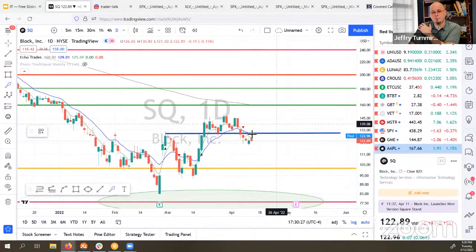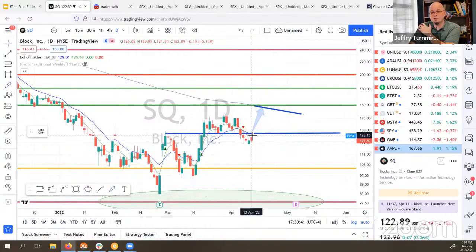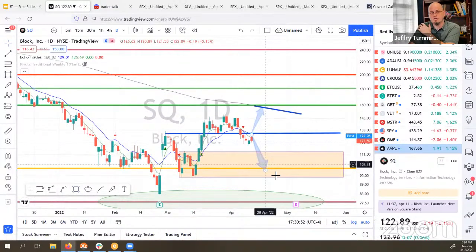If we can get back up through it, a retest of the 144 EMA on the daily, right there around 155, 160 area, somewhere in that neighborhood. If it finds resistance here, then we'll pull out, probably come back to this consolidation we did right here. And if we can't hold that orange box, then we'll probably push back down to the lows around 78.